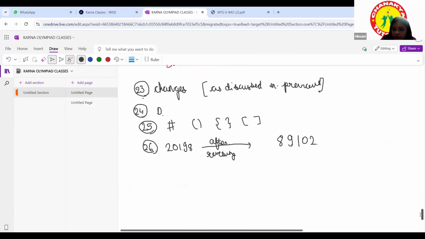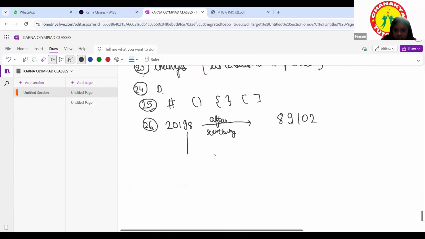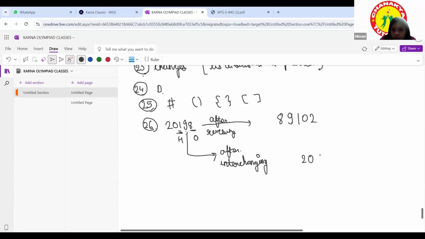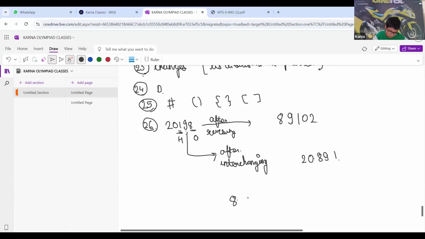Only the language is complex. This is ones, this is tens, and this is hundreds, right? So after interchanging, what will you get? Ma'am, hundreds place will be 8 and units place will be 1. 20891. Yes, ma'am. Now if you subtract them,